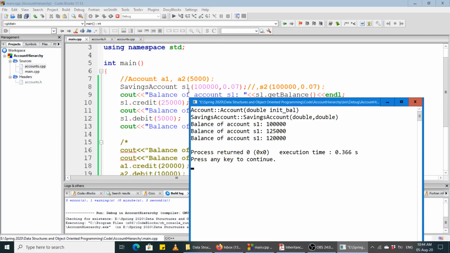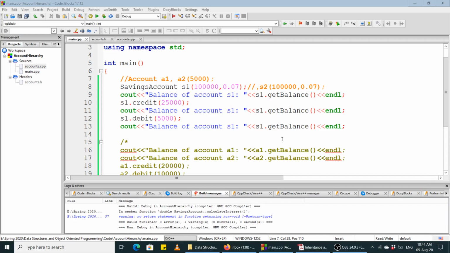अब अगर आप देखें ना, अब ये स्टेटमेंट एट लाइन नंबर 8, ठीक है, वो किसको इन्वोक कर रही है? यहाँ पे हम सेविंग्स अकाउंट क्लास के ओवरलोडेड कंस्ट्रक्टर को इन्वोक कर रहे हैं, और फ्रॉम विद इन दैट ओवरलोडेड कंस्ट्रक्टर ऑफ द सेविंग्स अकाउंट क्लास वी आर एक्सप्लिसिटली कॉलिंग द ओवरलोडेड कंस्ट्रक्टर ऑफ द अकाउंट क्लास। तो अब यहाँ आउटपुट चेंज हो गई है, और उसका फ़ायदा क्या हुआ कि आपका बैलेंस सही तरीके से इनिशियलाइज हो रहा है। 1 लाख इनिशियल बैलेंस, पैसे नहीं घूम रहे। फिर आप उसमें क्रेडिट करते हैं, डेबिट करते हैं, तो वो अकॉर्डिंगली अपडेट होता है।